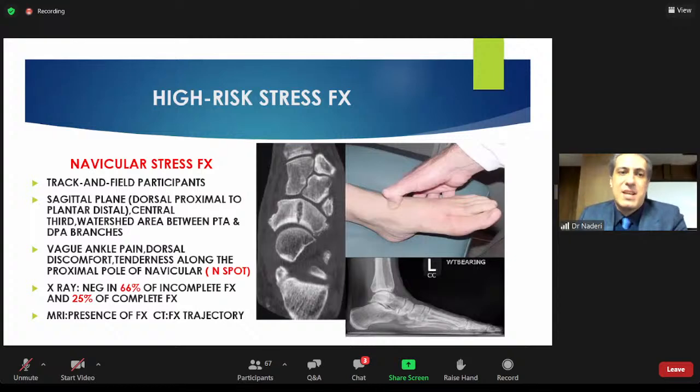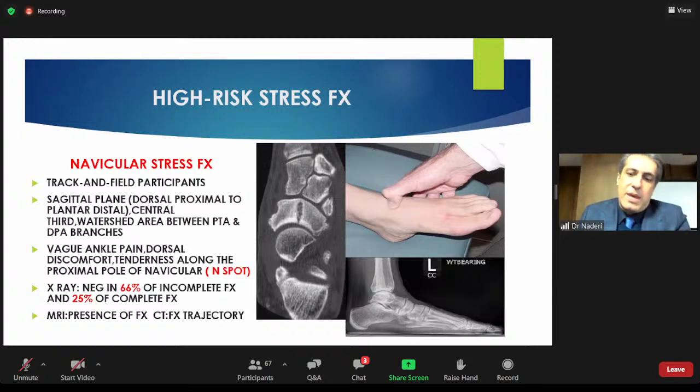Navicular stress fractures occur more frequently in track and field participants. The fracture line is in sagittal plane, that is from dorsal proximal to plantar distal. It involves the central third, that is the watershed area between posterior tibial artery and dorsal pedis artery branches. Regarding symptomatology, vague ankle pain is present. There is dorsal discomfort of the ankle and tenderness along the proximal pole of navicular, where we call it N